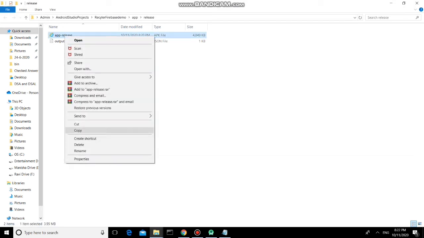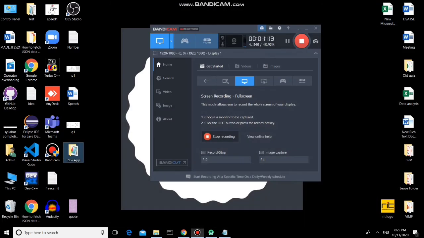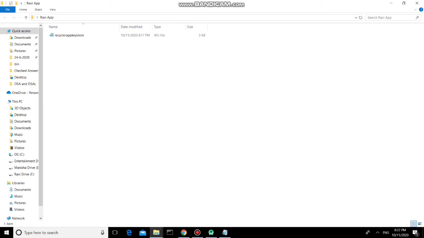So I am just copying this to my folder which was created earlier by me. I am keeping it in this same folder, and I am giving the name recycler app. Getting? So see, this is my JKS file whose name is recycler app key store, and this is recycler app. So the recycler app, this is my signed APK.